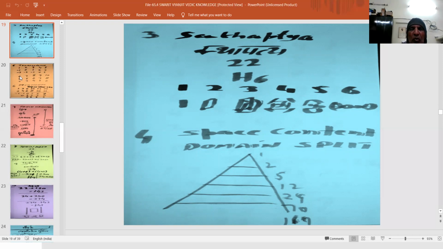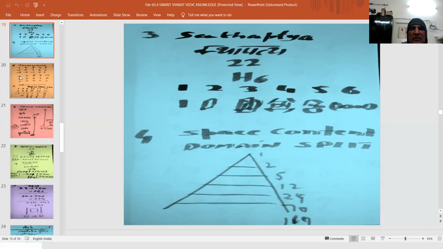And we know that 22 discrete points have 21 gaps. These 21 gaps of Sthapatya are bridged by the miring rod synthesized by hypercubes 1 to 6. The fourth learning point is a space content domain split.